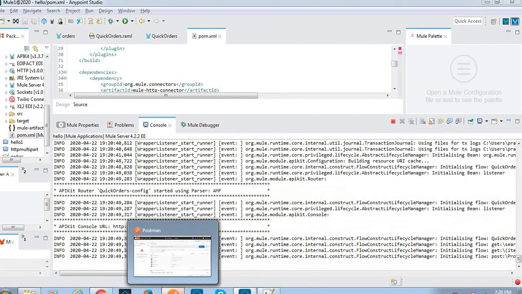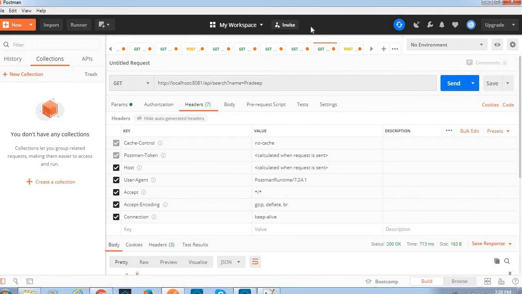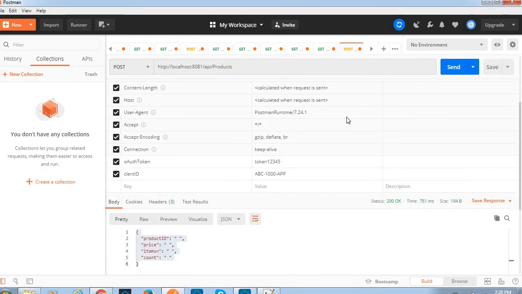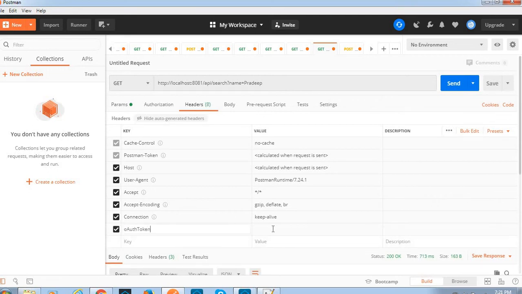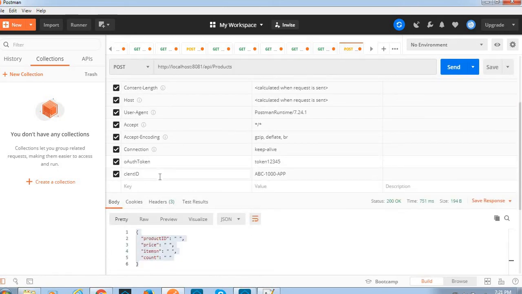Meanwhile, what we do is we add the headers. We just add, we don't activate those headers. Auth token, client ID.